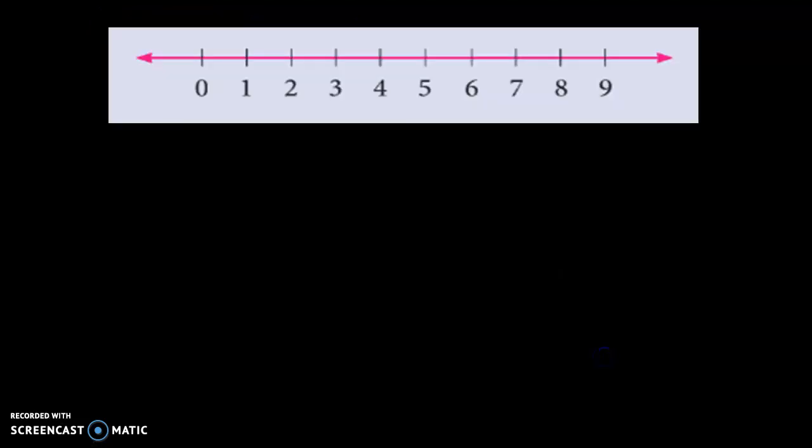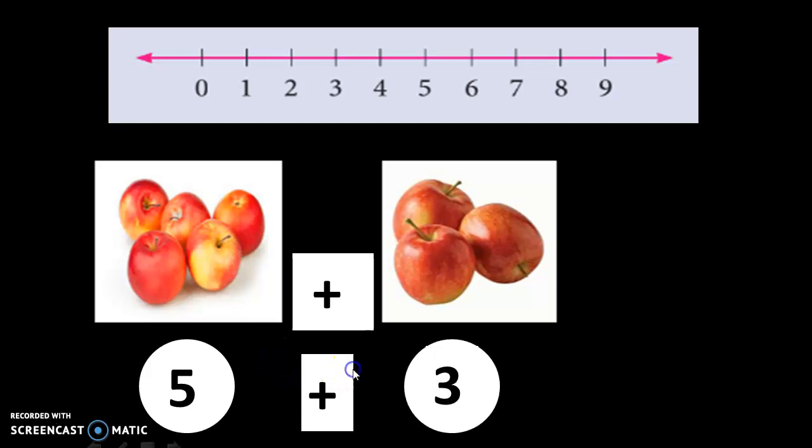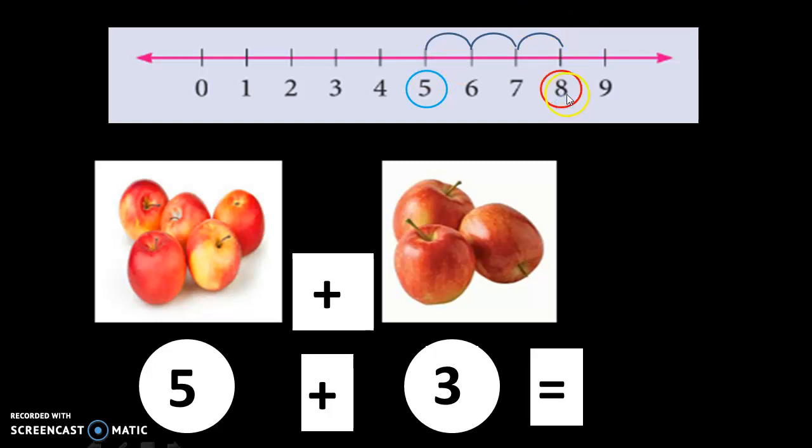Okay. So next is adding using number line. You are given the apples, so you are going to count and write the numbers. Here it is 5 plus 3. Okay, now since 5 is the first number, we are going to mark 5 first. We will start from 5 and start counting this 3. Skip counting 3s. So 1, 2, 3. So under this what number comes? That is 8. Straight to the 8 comes. So I am going to write the 8 as my answer.